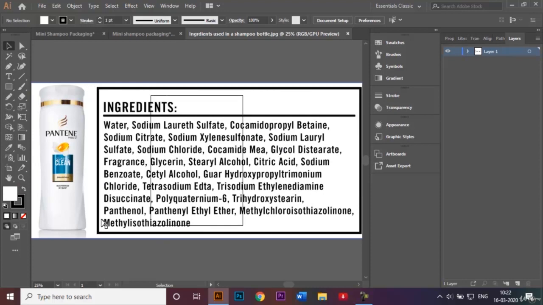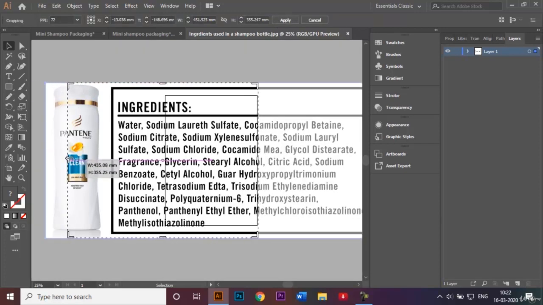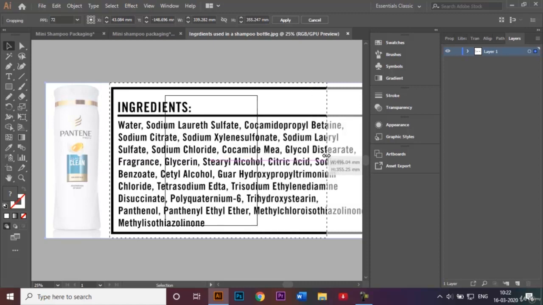I'll just use this black box which has all the ingredients written on it, and I'll be cropping out the unnecessary parts as well. So I'll select the image, go to Crop Image, and I'm just going to use the black